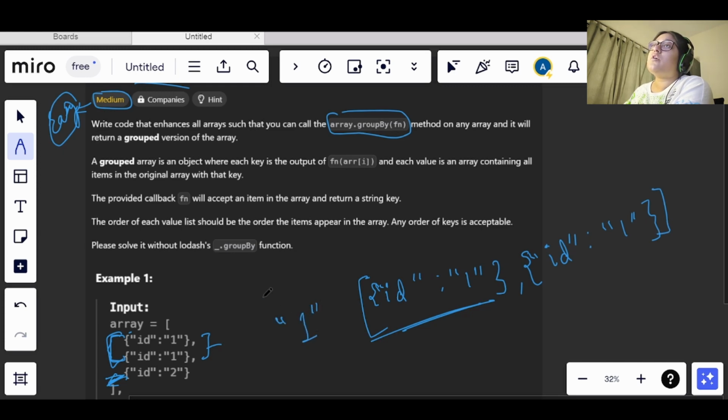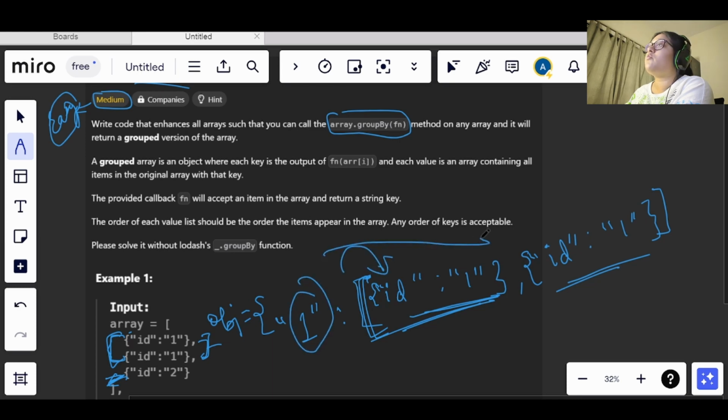Let's say this is our object obj, so it will have 1 as a key, and id 1, id 1 and id 1 are taken from this array inside one array, which means under 1 these values have been grouped, right? So this is what we are supposed to do. We need to group the values in the array, and we need to return that object.